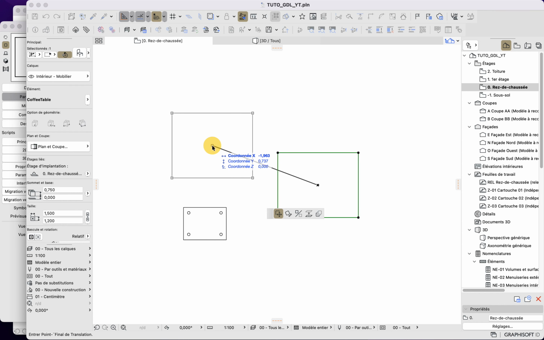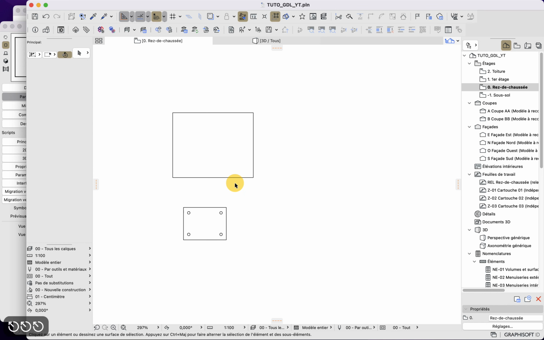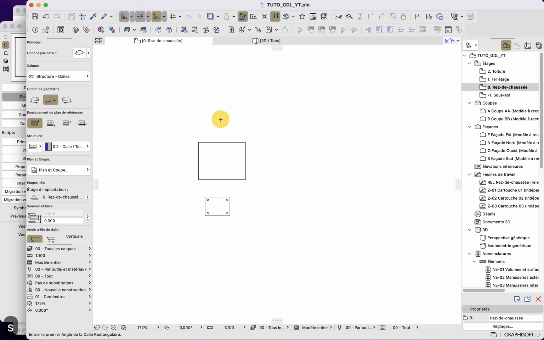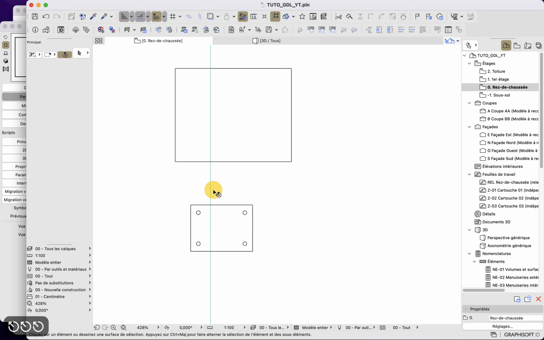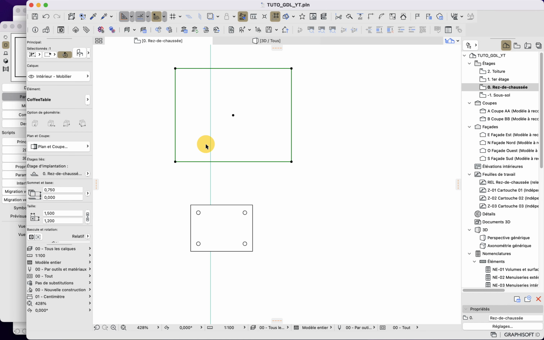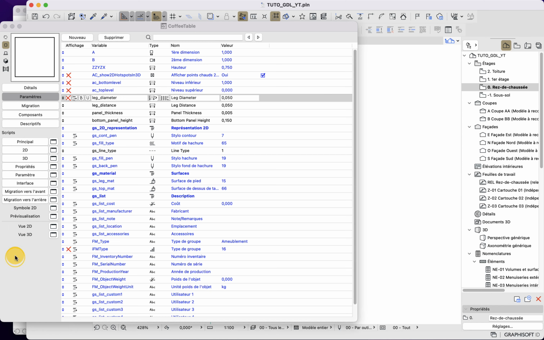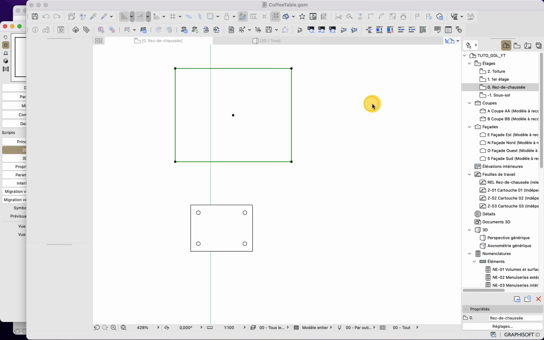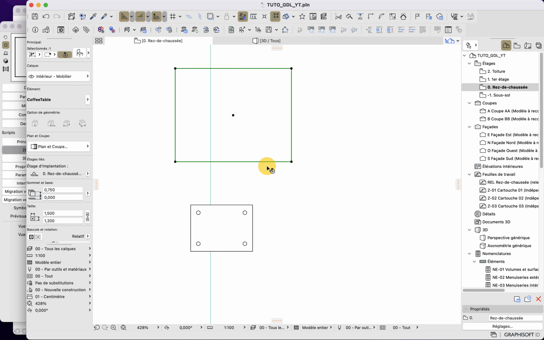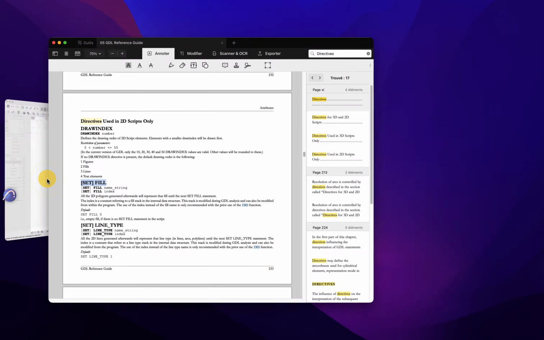So here my object is quite nice, but it's not really good. If I put a slab below here, and here I zoom in, you can see here that my table looks to be above it, and that my rectangle here is see-through. And the reason is simple, is because the rect2 method is only line work. It does not have a fill, so I cannot represent it as some kind of solid object. So I need to change the method, and that's what we will do.